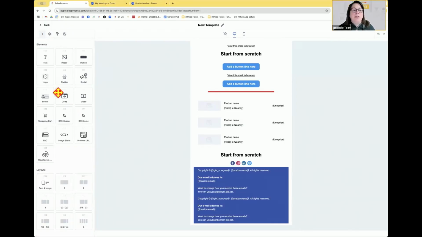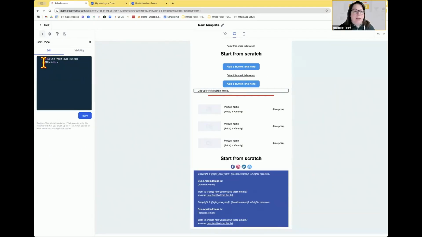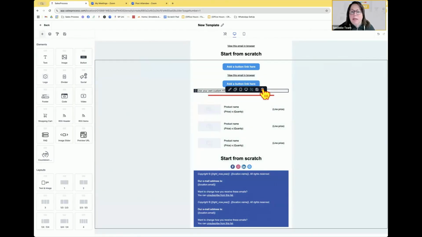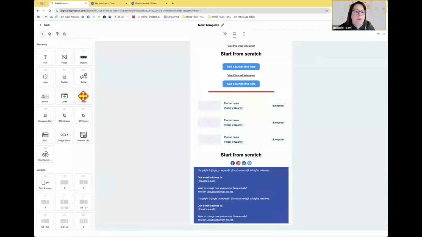Let's see what else. If you know code and you need to add some code into your email, there's a code element. You just pull it over and then you would write in your code here. I'll get rid of that because I'm not going to. You can pull in videos. You can have an image slider. You can set up an